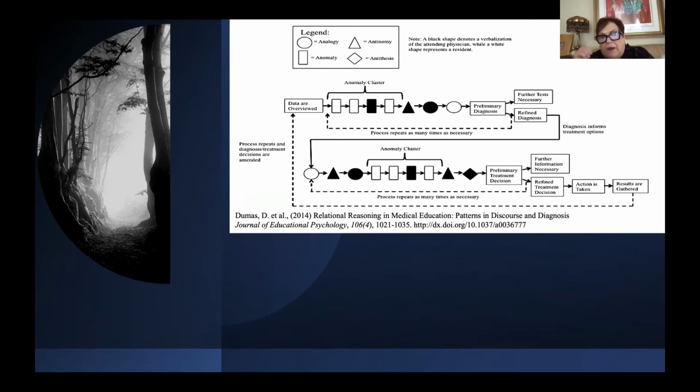And I think you're going to see this again in just a moment. What we really want to understand is how these similarities and differences, the kinds of similarities and differences, become more or less figure-ground, become far more important. For doctors, if you know much about doctors and their reasoning, most of them are case-based reasoners, which means they're looking for something that's analogous. They're looking for these symptoms to configure in such a way that it matches a representation of a certain kind of illness. But they're not always perfect, and it requires them to be deep thinkers in multiple ways as well.